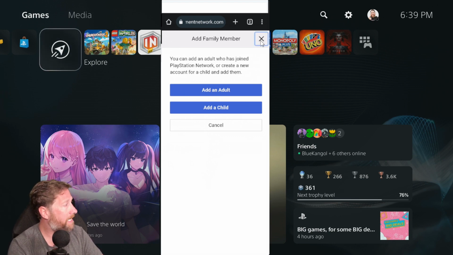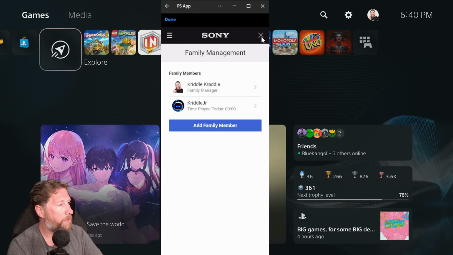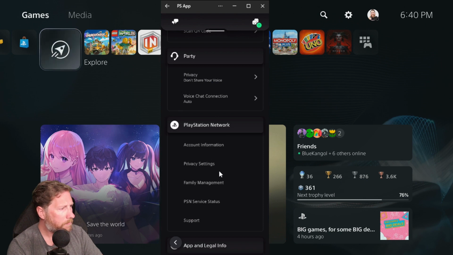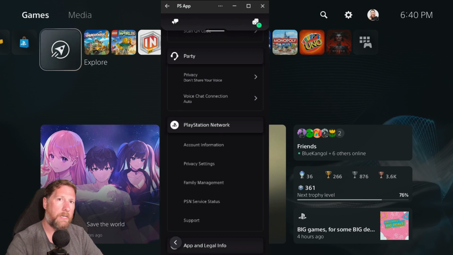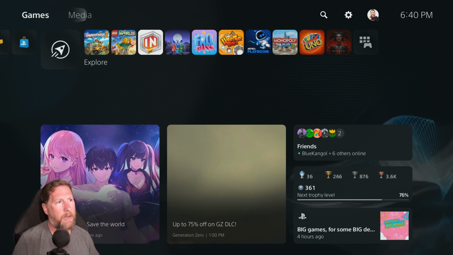Once you have created that account, you can go ahead and close that window, and we'll go back to this window here. And you are basically done with the app for right now. You don't need to do anything else for the time being, but we will come back to this in a moment. So from here, you go back to your PlayStation, and you're going to come up here to the cog